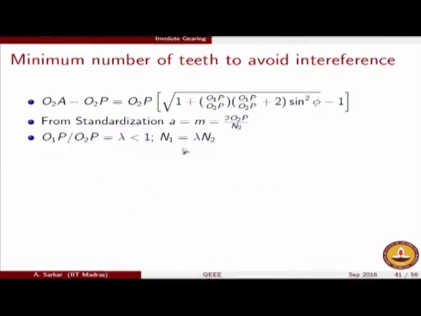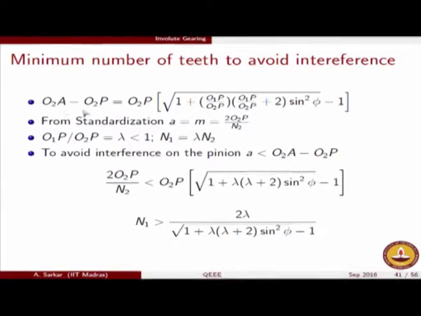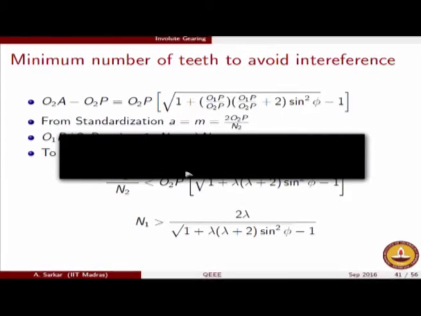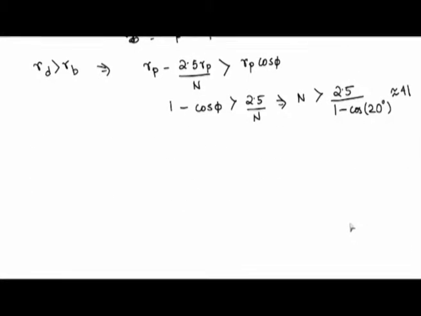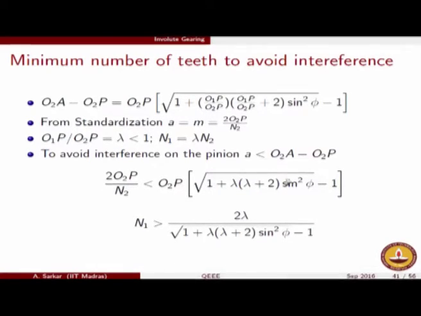So therefore if you make these substitutions here, that is O2A minus O2P, if you put it as 2 O2P by N2, then the O2P on both the sides must get cancelled, and therefore you will have this relation holding true. I think I will just redo this part of the proof in my notebook here. So what we have is O2A minus O2P is equal to O2P square root, let me just have a look at the formula, square root